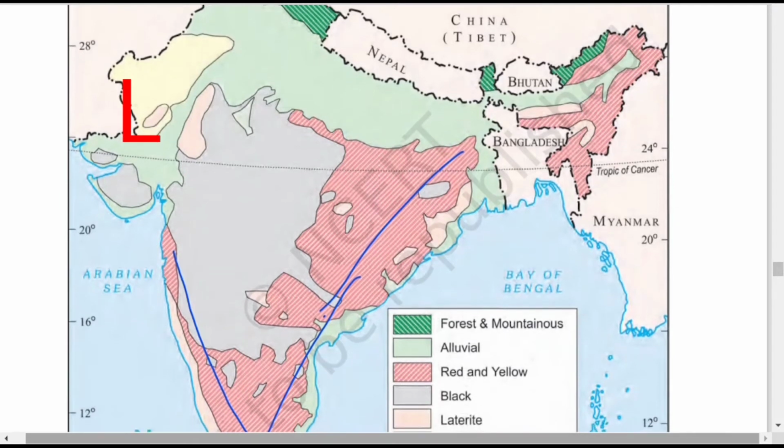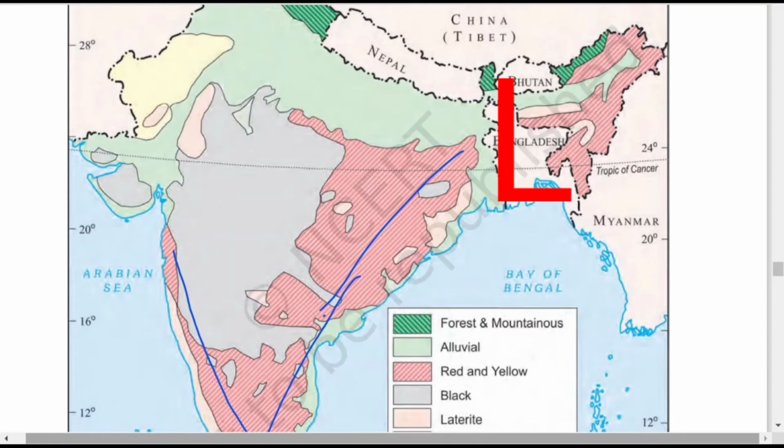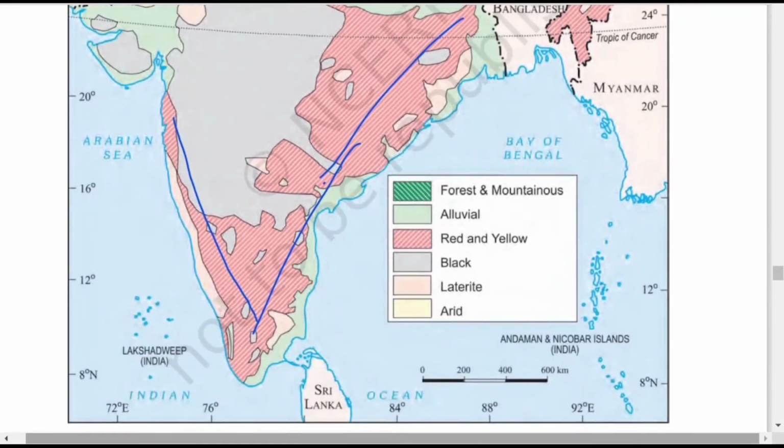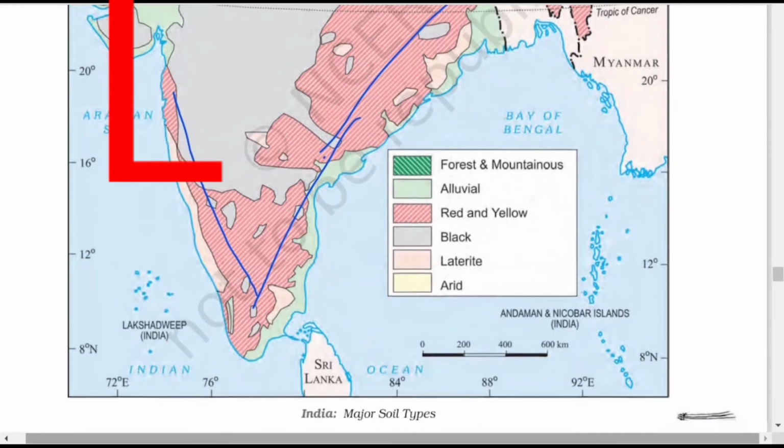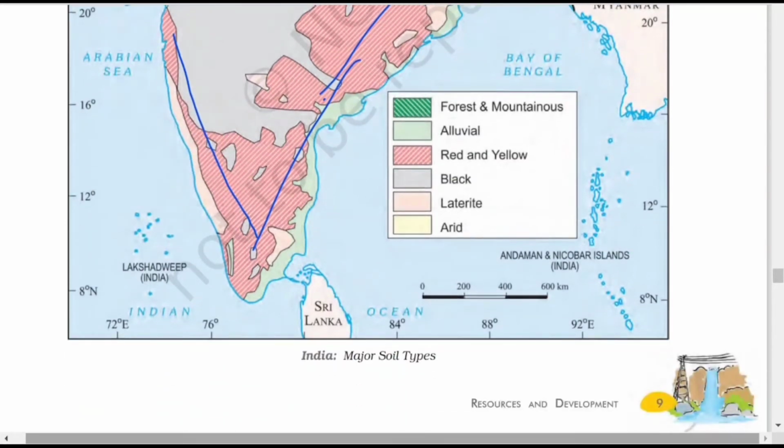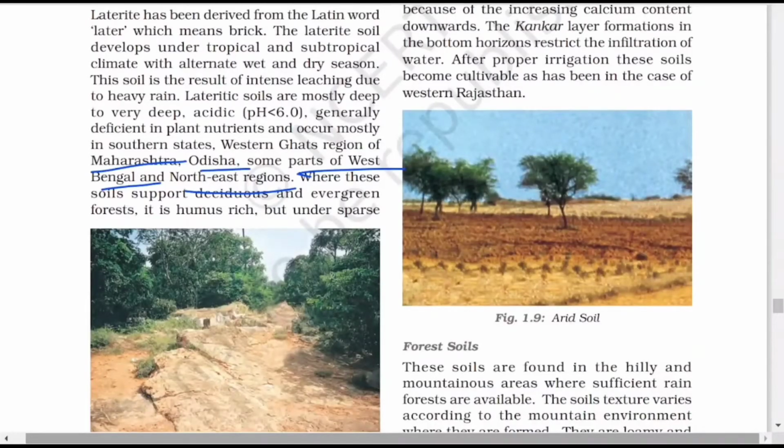Go to the northeast, in Meghalaya, you can see. In Mizoram, you can find one small patch. When you come to the eastern coastal plain near Odisha and West Bengal, you find a small patch. Again in Odisha, one small patch. When you come to Tamil Nadu, you can see a small patch. When you go to the Western Ghats, look at the Western Ghats. A long belt-like area is there. Now go to the next line.